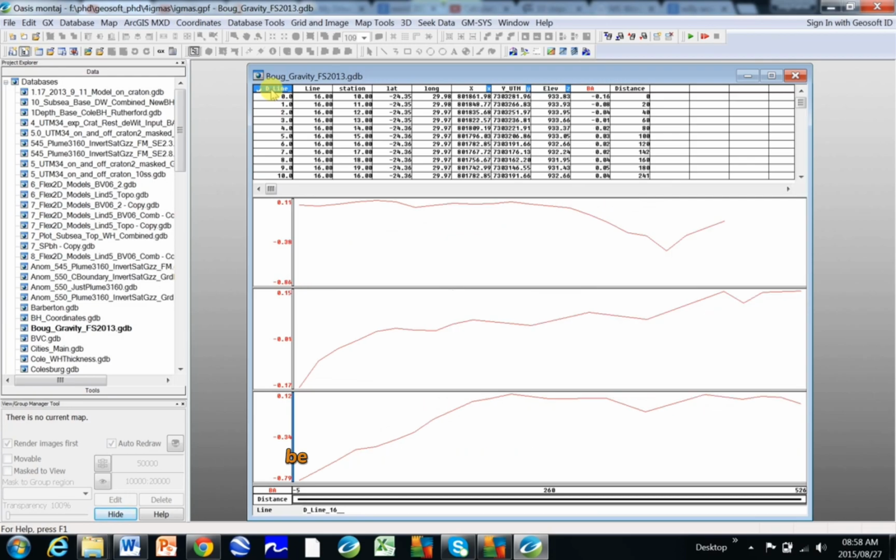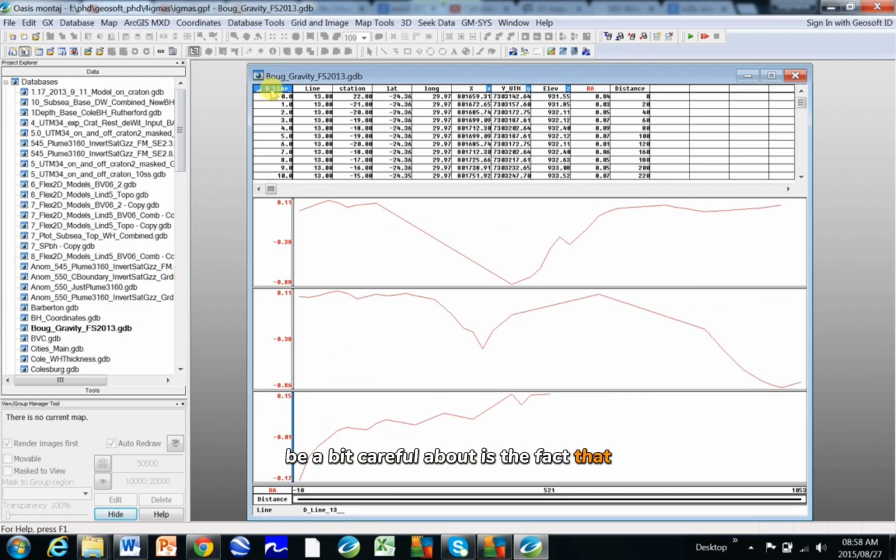Something you have to be a bit careful about is the fact that maybe you collected these profiles west to east, and then you got to the east, and then you came back and collected more data going east to west. So you are plotting these according to distance, but actually that's not a good comparison across lines because your lines might be going in different directions. So either what you can do is sort all of these so that they are all running west to east,